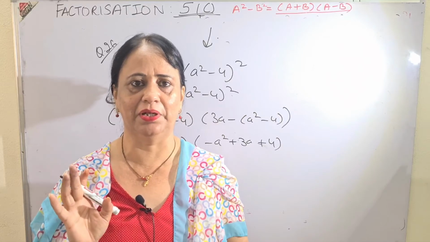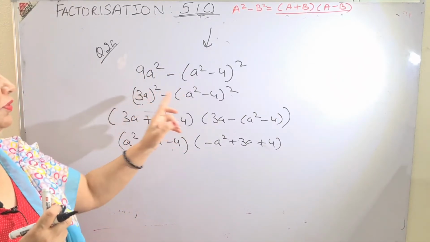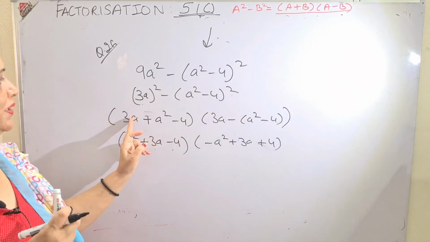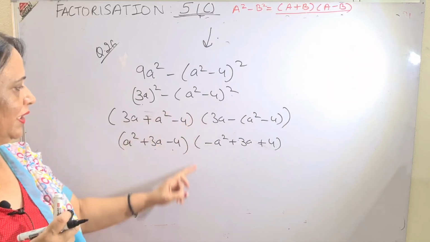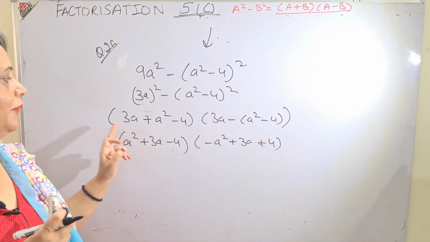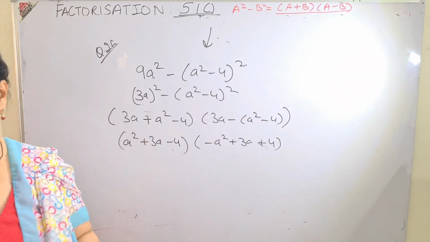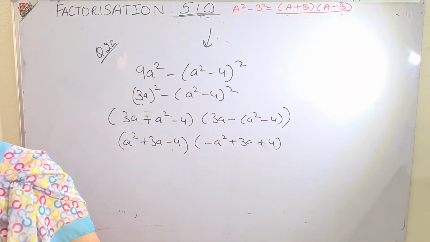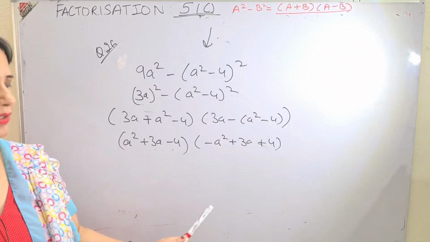It is not factorizable. So I just made you understand that first term square minus second term square, first term plus second term, first term minus second term. Then you write it in the form of quadratic equation, or the questions we have done in the second exercise, in which you have to find the sum as well as the product. If you can do it, well and good. If you can't do it, you can leave the question.